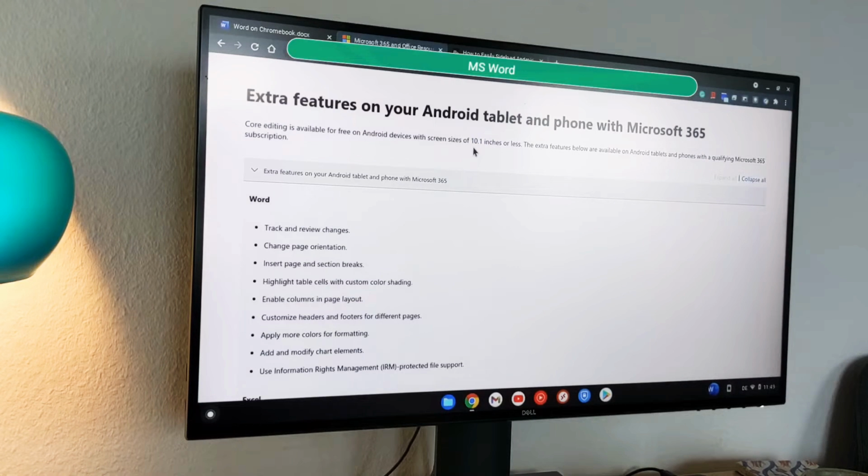But in Android phones, you're usually around 6 to 7 inch. That's why you are able to have this core editing feature. I think Microsoft is trying to make money, I will say. Now, I think Microsoft didn't have this 10.1 inch criteria in the past, because